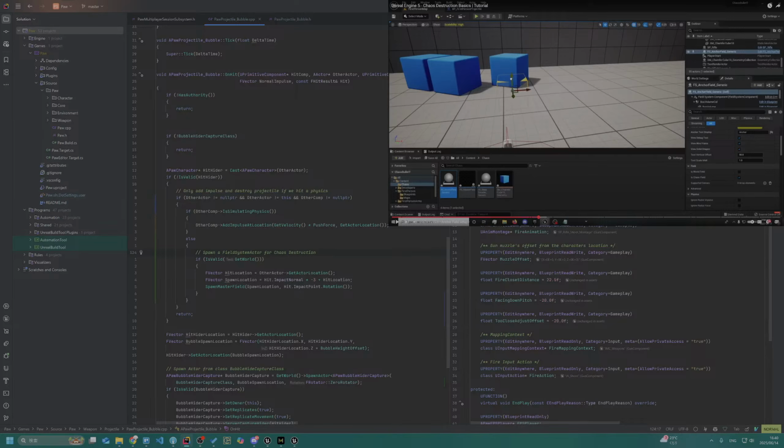Order enter. What are you hitting? Order enter. Order component.